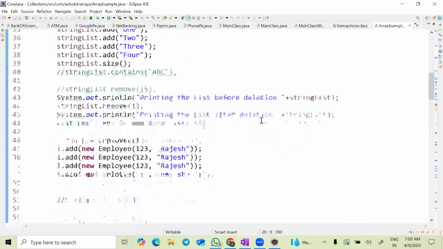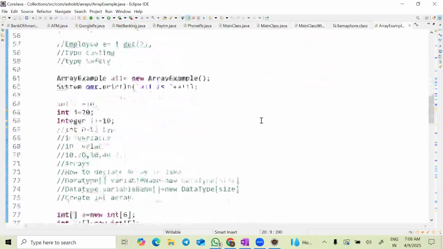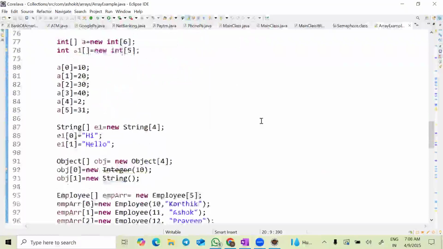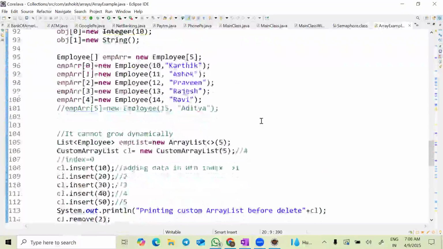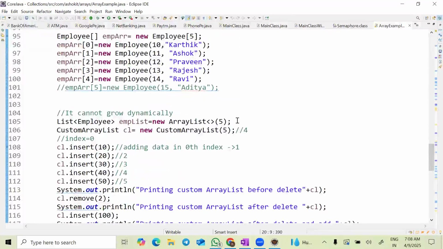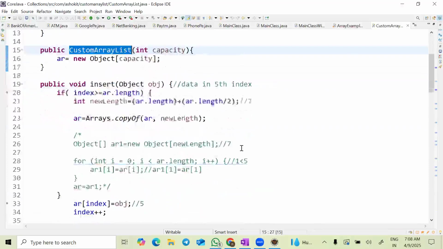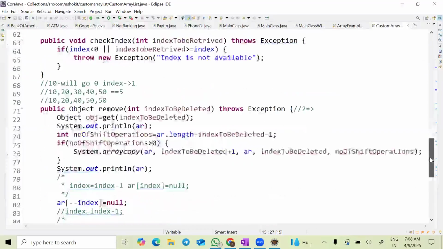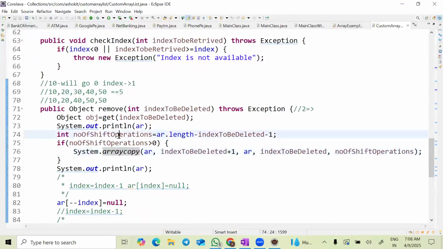Now, what is a predefined method that I can use to perform that left shift operation? There is a System class copy method, System.arraycopy. Okay. So we are performing a number of shift operations equal to length minus index to be deleted minus